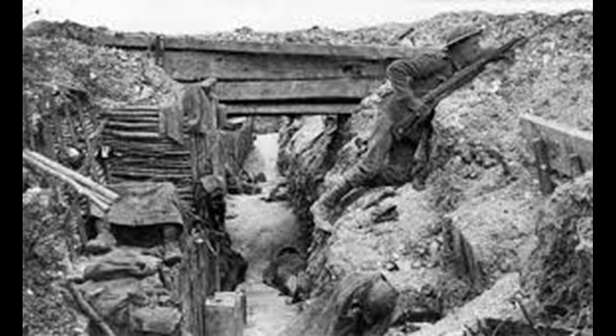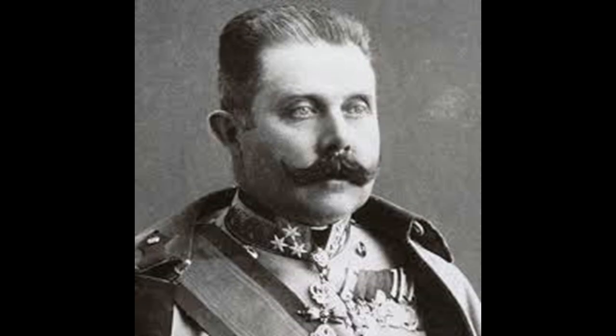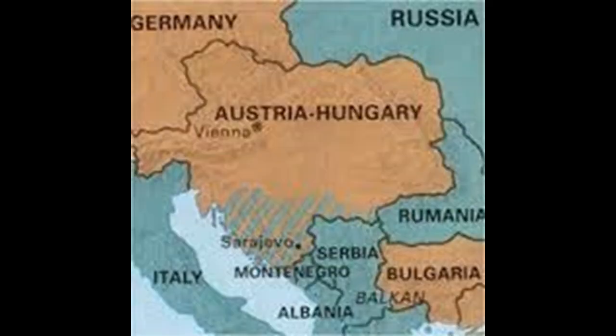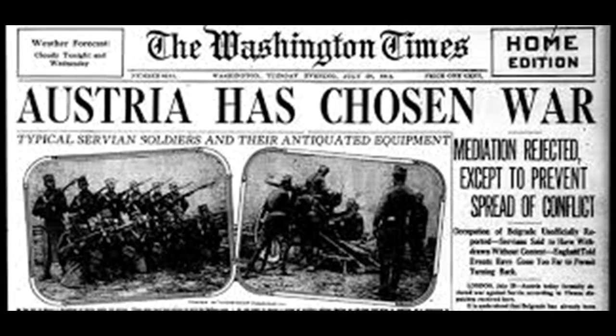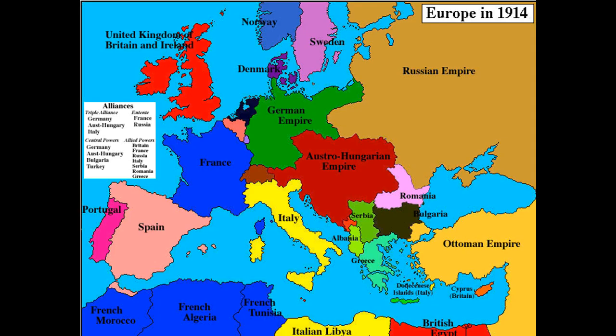So, let's get rolling. It all started in the summer of 1914 when an important official of the Austro-Hungarian Empire, Franz Ferdinand, was assassinated by a 19-year-old. He blamed Serbia for causing this mess and tried to get them to admit it. They refused, and Austria-Hungary officially declared war on Serbia. Russia sees this as a bad idea, wanting to come to Serbia's aid. They began preparing their army for war.